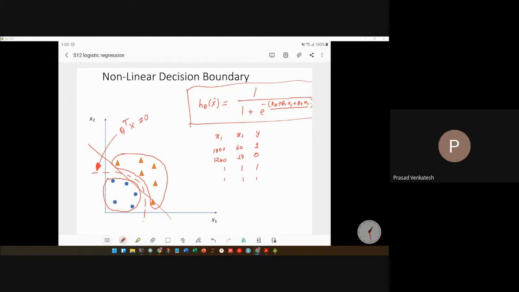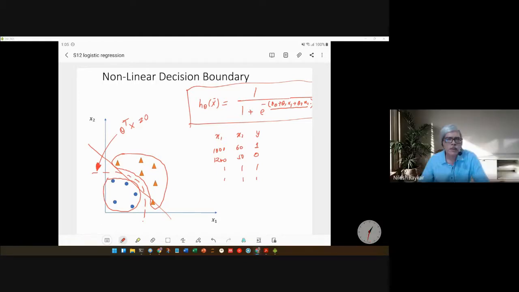So take x1 as x1 square and x2 as x2 square. That's right. So we introduce additional features. So in order to handle this particular case, suppose you go ahead to solve it with logistic regression, and you find that your decision boundary will always be a straight line, but it doesn't satisfy you. So you want to make this decision boundary a curved one or polynomial one.